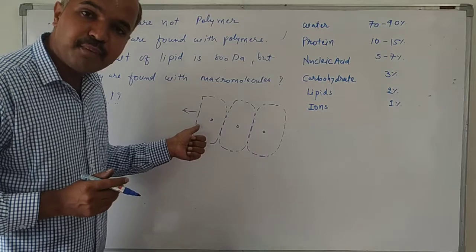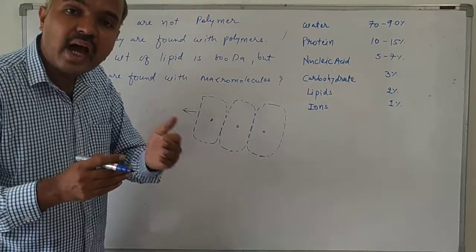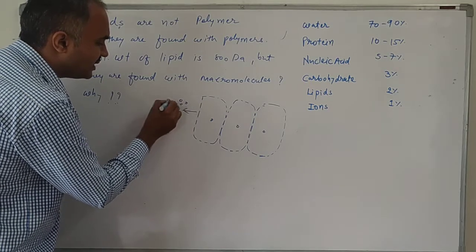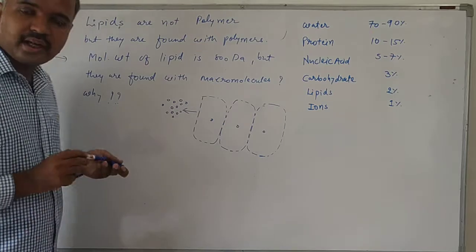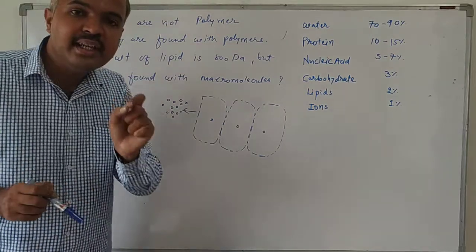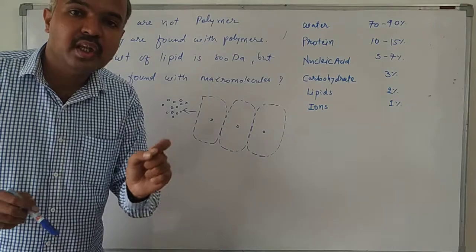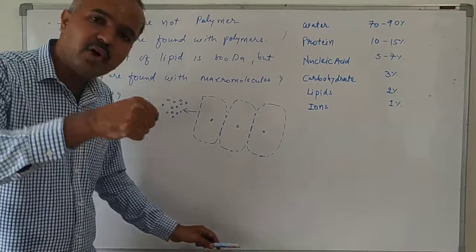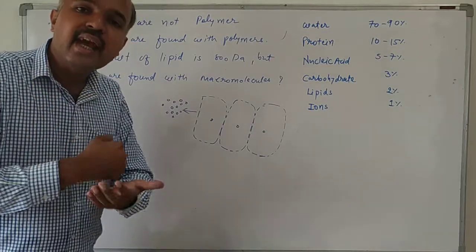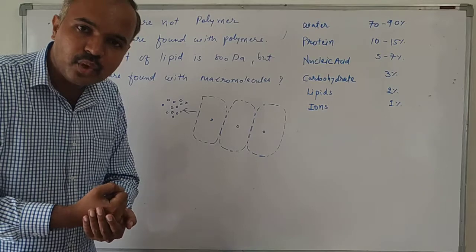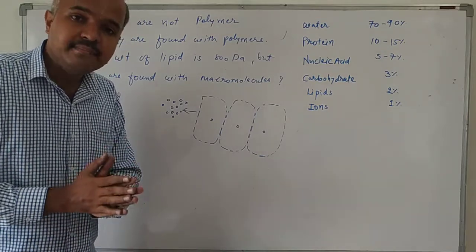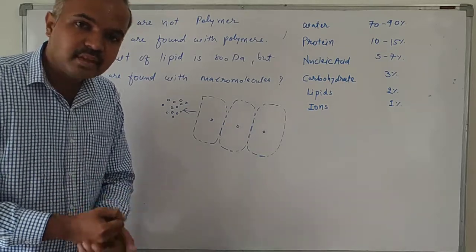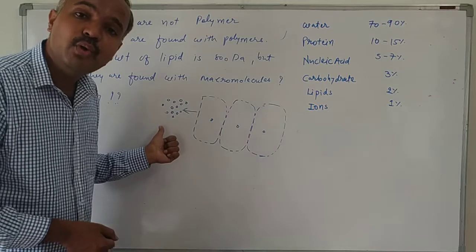So these fragments of phospholipids are converted into round globules. These round globules will get stuck on the surface of the protein, carbohydrate and lipids. When we break or grind the tissue, we are actually grinding the cell membrane of the cell, and the cell membrane is made up of phospholipid. So when the cell membrane is broken, its fragments are converted into globules.